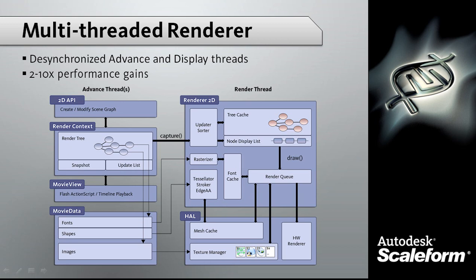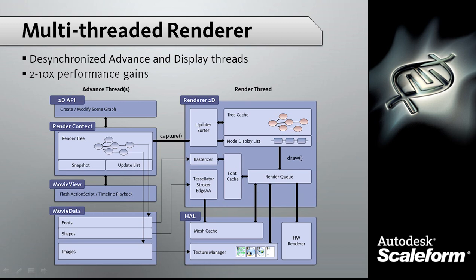And in previous versions of Scaleform, advance and display were tied together. They had to happen at the same rate. If they didn't, you might have strange artifacts in your rendering, or worse, you could even have crashes. Well, with our multi-threaded renderer and architecture, we've been able to desynchronize advance and display so that they can happen